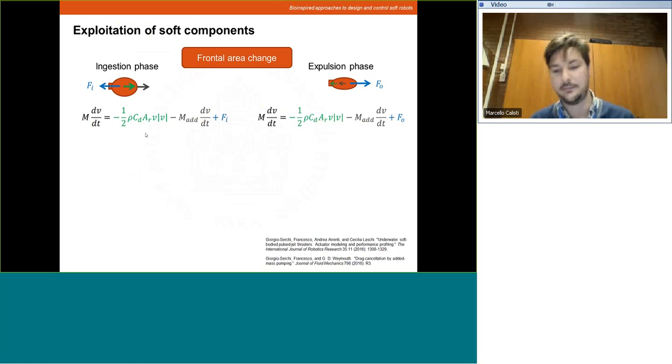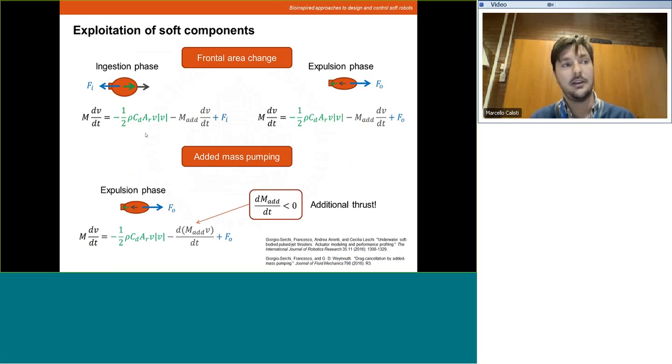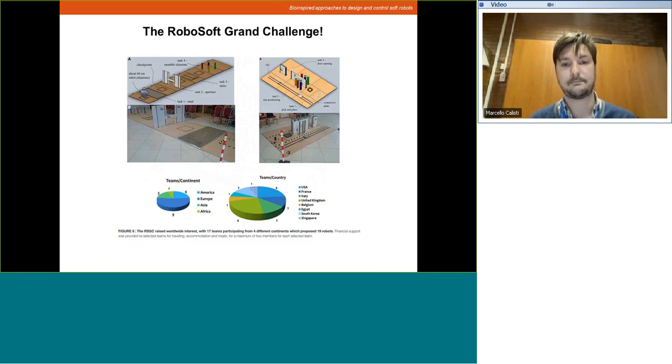additional thrust. As well, there is another force that is dependent, it's not a force, but it is a mass that is dependent on the shape of your body. So when you vary the shape of your body, you also reduce the added mass contribution that eventually leads to additional thrust as well. Of course, those are, let's say, not realistic implementations, but we also tested